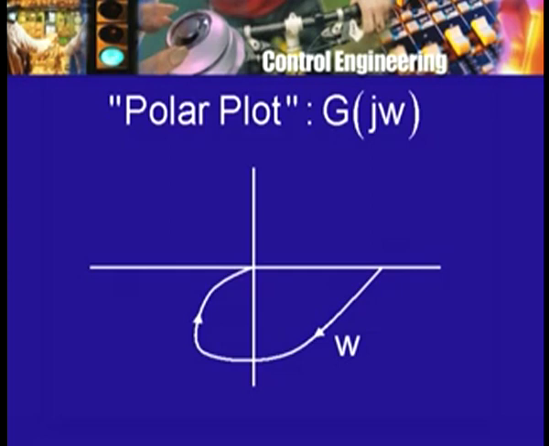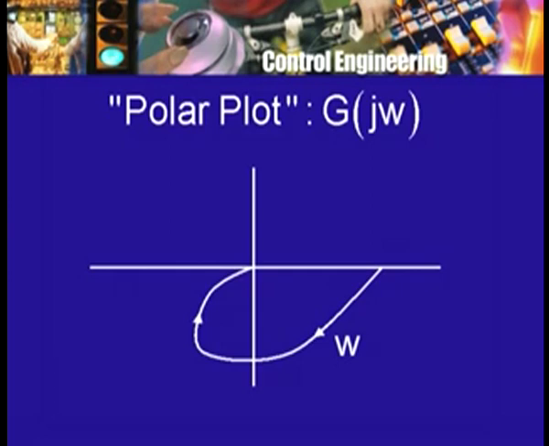So, these are equipotentials, curves along which something has the same value. It may be the height of a point above a certain datum level, or it may be the potential of a point above a certain datum or a reference point. This idea can be used in this case also. In this case, what can be done is the following. We can think of all those points on the polar plot. This is the polar plot. At every point